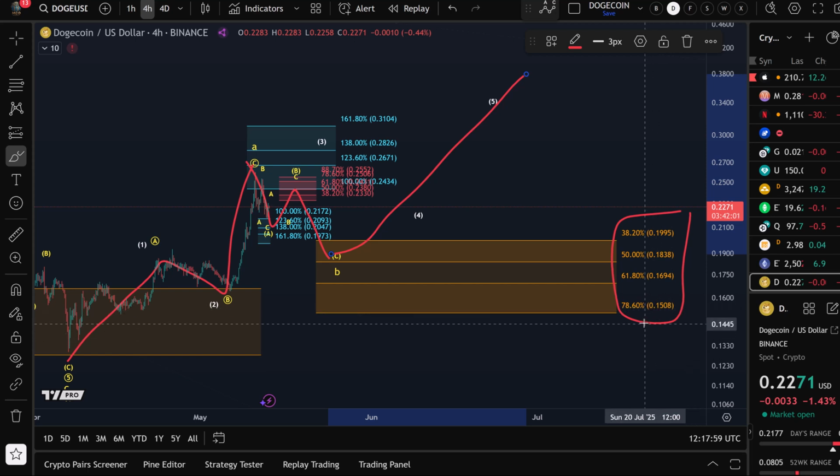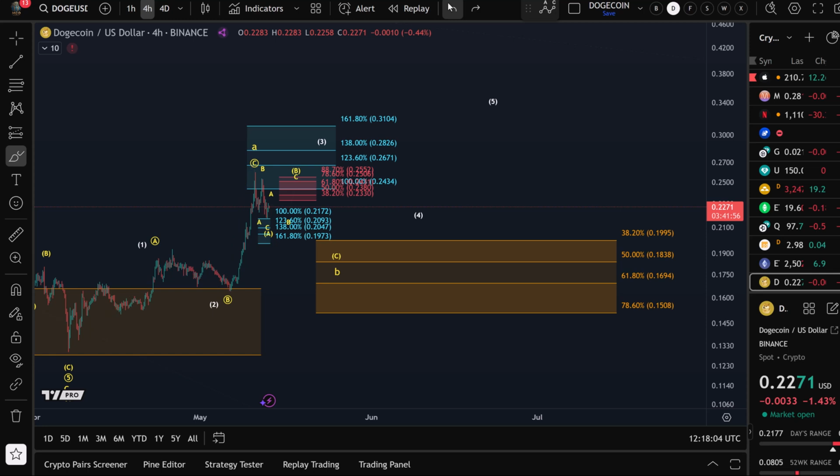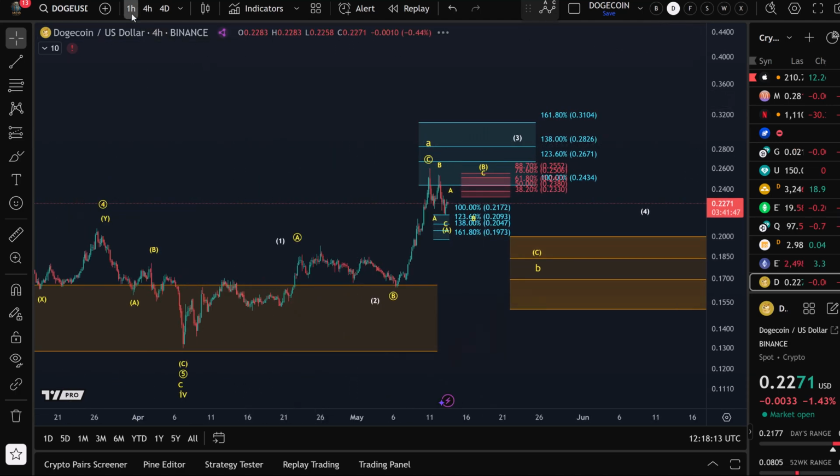This is very important, 15 cents. Below 15 cents, things are changing, and the pullback would be deeper than it really should be in a reasonably bullish scenario. So if we zoom in a little bit further,